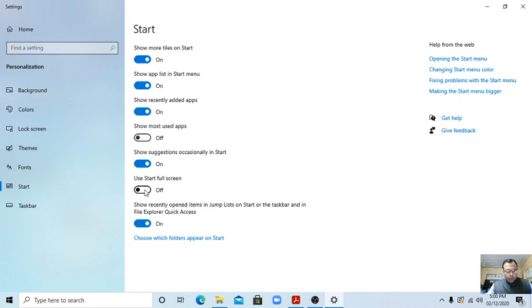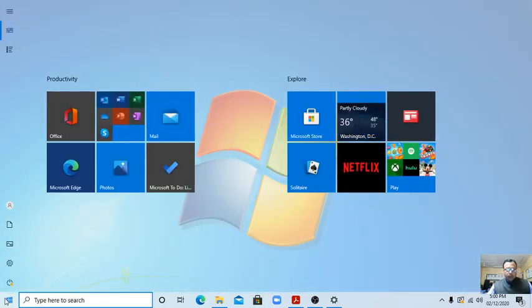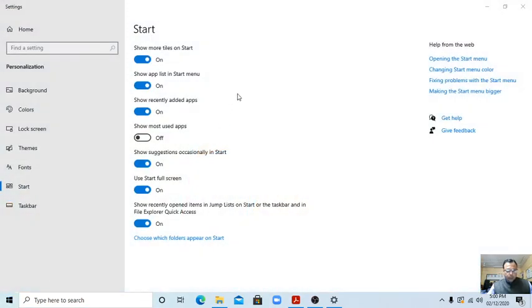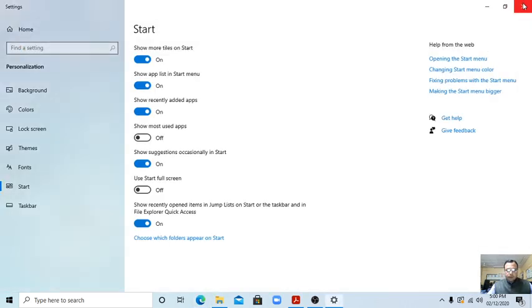So start full screen, see this. This is full screen that has come. Okay, students, so no need for this. Choose which folders appear on start. So this way we are getting it on. Opening on start. Changing start menu color, these things we can do with the help of this one.